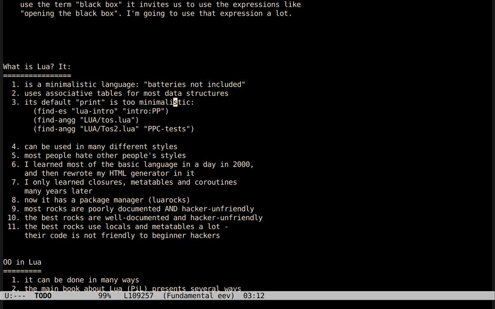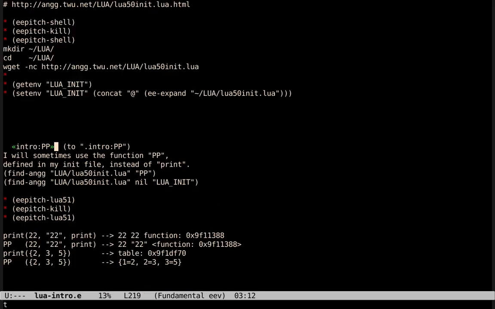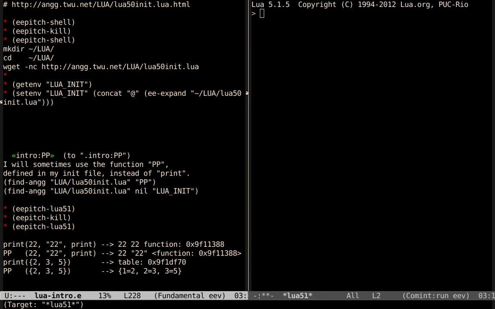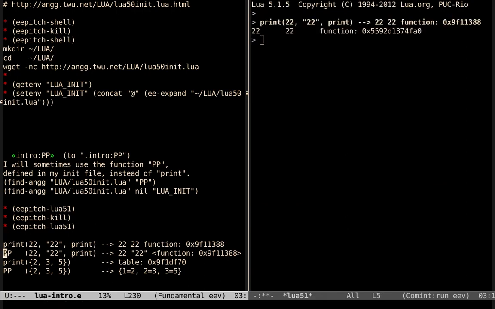And it's so minimalistic that its default print function, when we ask it to print an associative table, just prints the address of the table. Here are some examples. Here is a table, and when we ask to print it, it just says that it's the table at this address here.